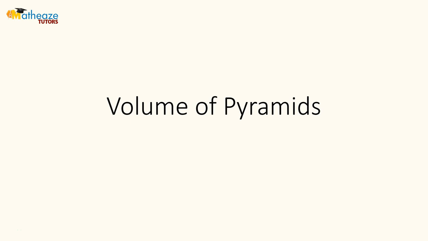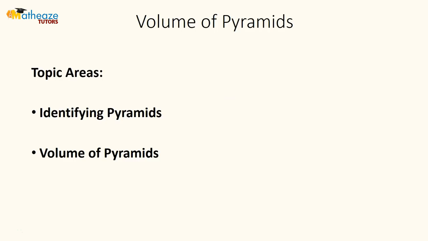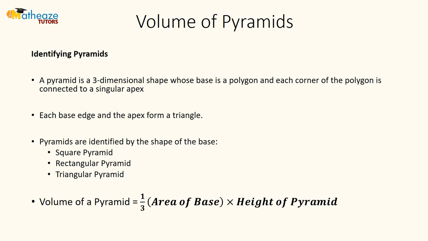Let's take a look at the volume of pyramids. We're going to start by identifying pyramids, and then we're going to determine the volume of pyramids. So a pyramid is a three-dimensional shape whose base is a polygon, and each corner of the polygon is connected